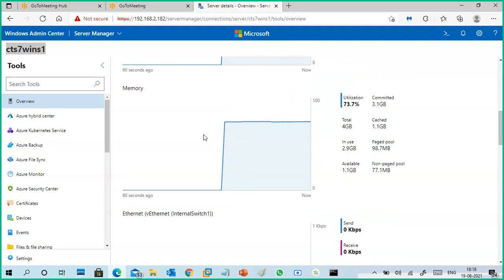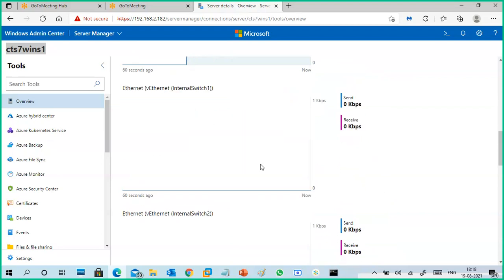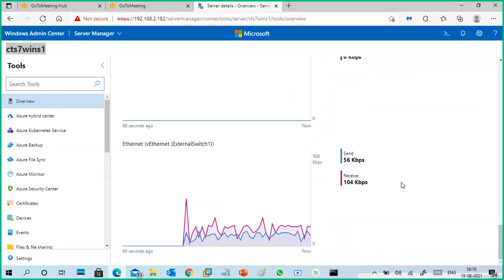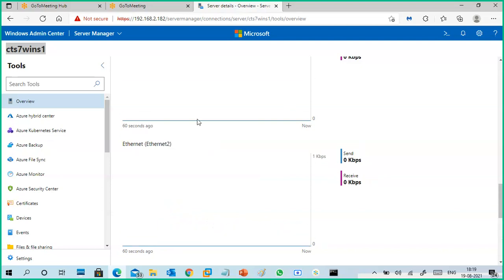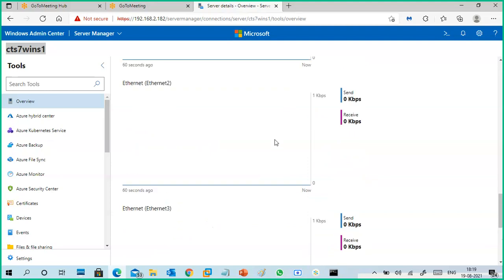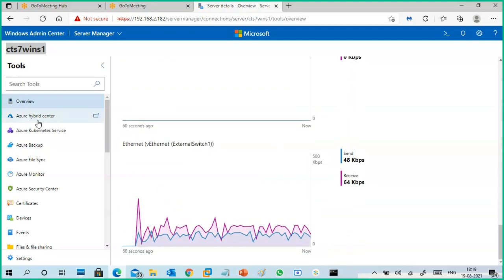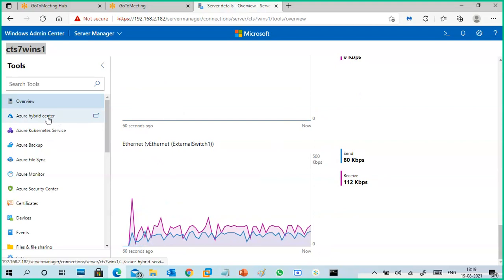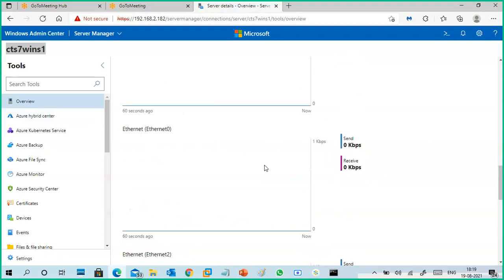My server memory, how much memory? Total 4 GB. Cached is this one, and in use 2.9, 1.1 GB is free. My Ethernet ports, which is this one, currently I'm connected to my external switch, right? That is currently the data, how much data is transmitting. You can see the performance for each and every single NIC also. That is the overview. So I'm going to